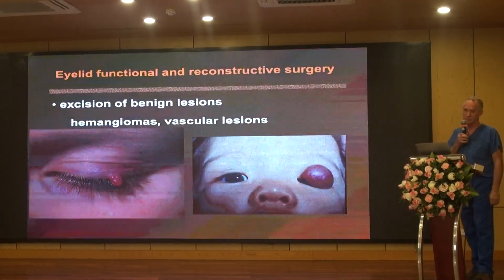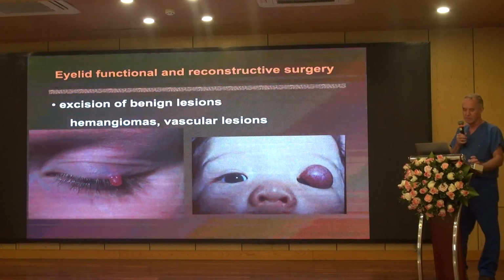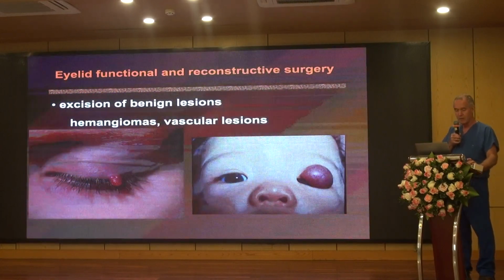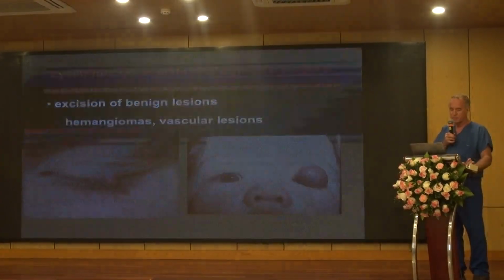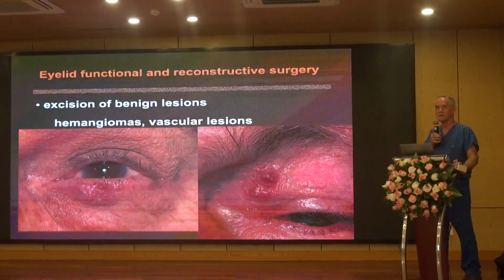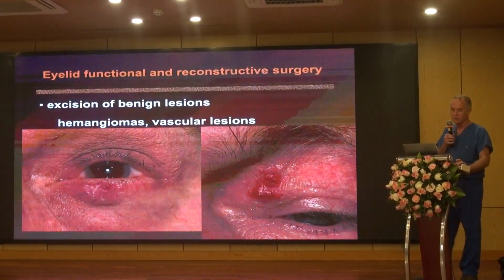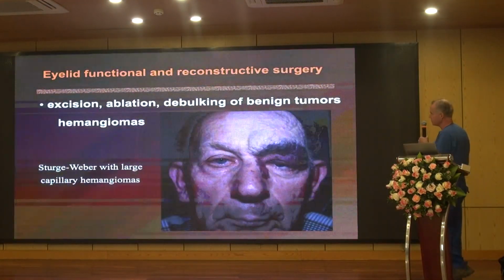There are several vascular lesions of the eyelid. Most of these are capillary hemangiomas. Some of them are cavernous hemangiomas. I'll show you some examples of these. They can be elongated, they can be flat, they can be subcutaneous, they can be associated with congenital syndromes, such as Sturge-Weber syndrome. This patient had a very extensive